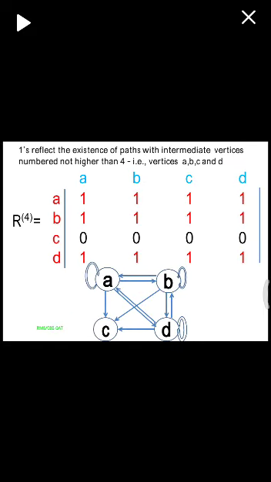The 12 red color ones indicate the new transitive edges from R power 3 to R power 4. These are the transitive edges from one vertex to other vertices with intermediate vertices as A, B, C and D. Finally, I have represented the adjacency matrix as a graph, which indicates the transitive closure for the given graph.